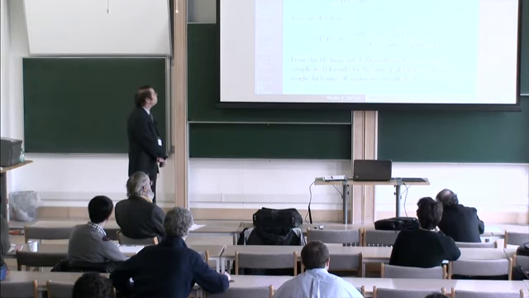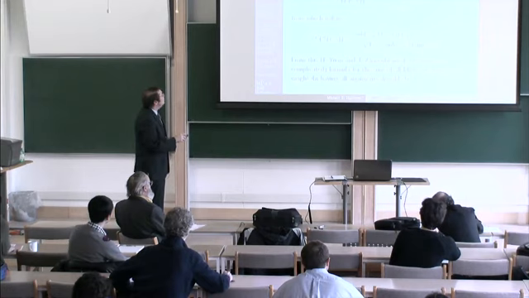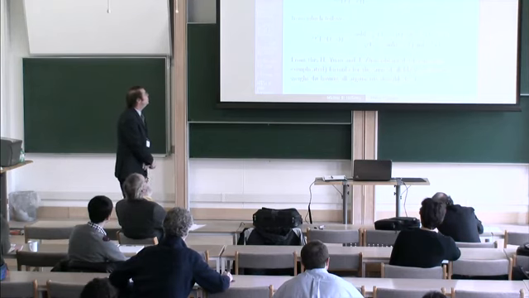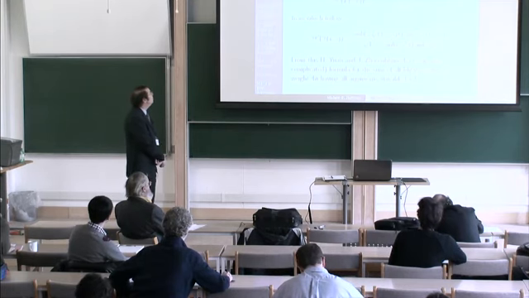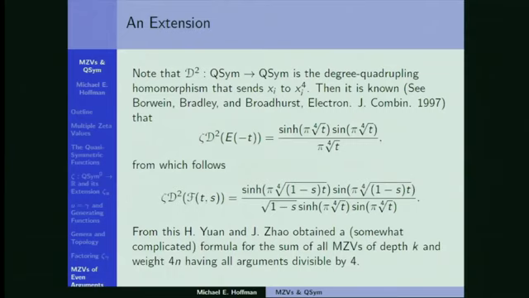But if you want a sort of nice formula, you sort of run out of steam around 6. And actually, Stanley has a paper in the Electronic Journal of Combinatorics from a couple of years back where he actually computes what happens to the Schur functions. And again, you only get reasonable formulas up through 8.6. The roots of unity are just too messy beyond that. So I'm sure there's some more things you can do with generating functions, but